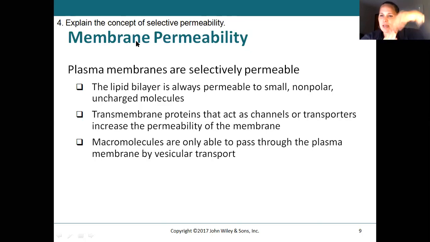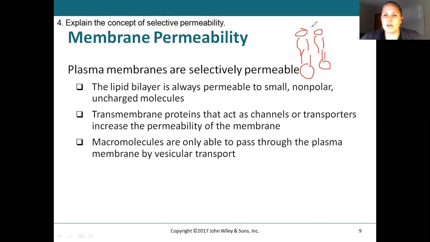You've got those lipid tails that are fatty. And those fatty tails are what creates that nice fatty layer all around the cell. So unless something is very, very tiny, or nonpolar, meaning that it looks a lot like these fats hanging out here, or uncharged, but it would also have to be small,